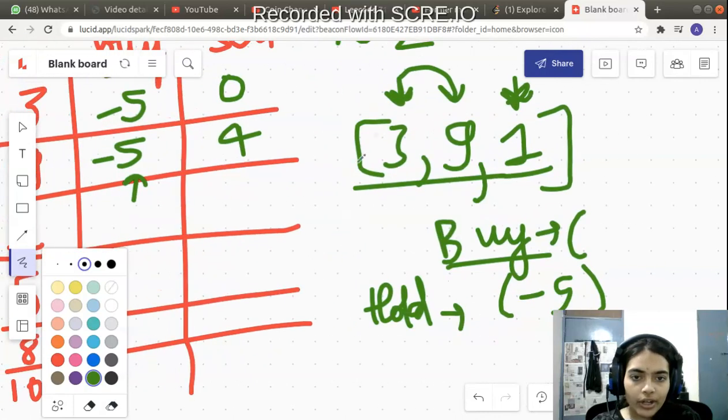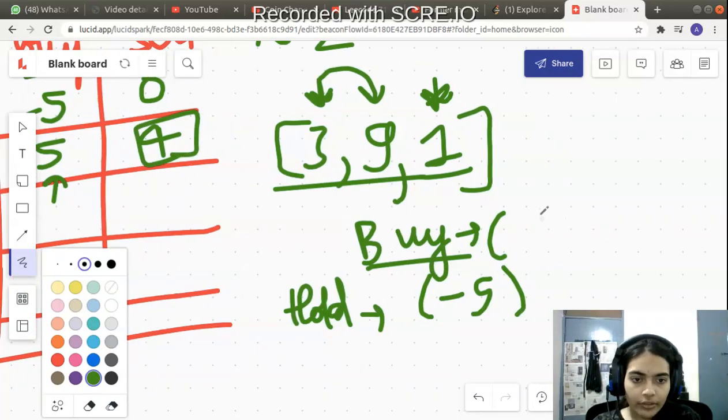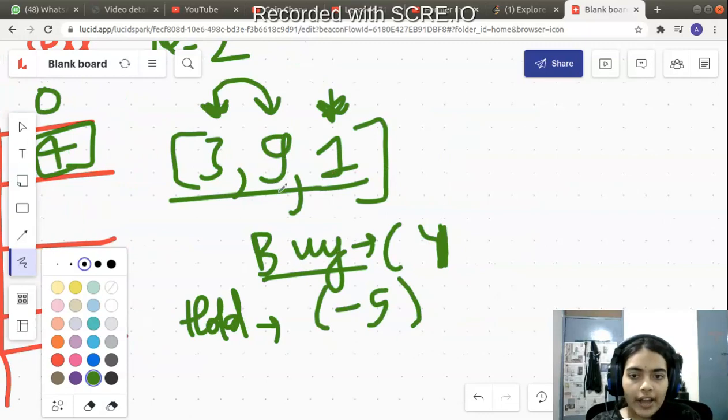If I'm buying on day one and selling on day two, we have already seen the profit for that is 4 rupees. Now if I buy the stock on day 3, that means I chose the option of buying on day 1, selling on day 2, and now buying on day 3. So if I buy on day 3, I would have earned the profit from before. I had an option of selling the stock before, in which I earned a profit of 4.